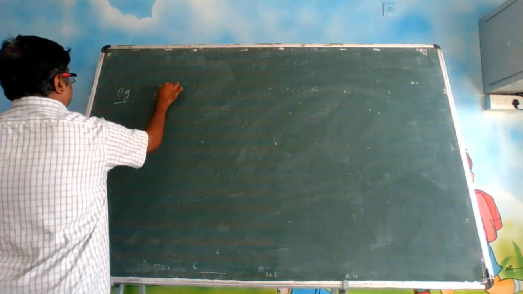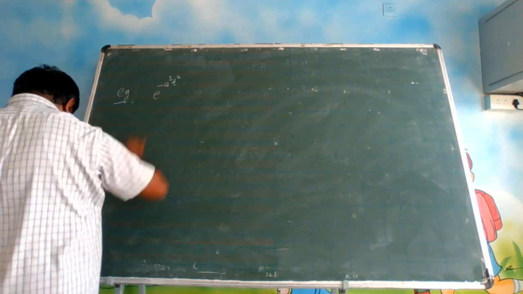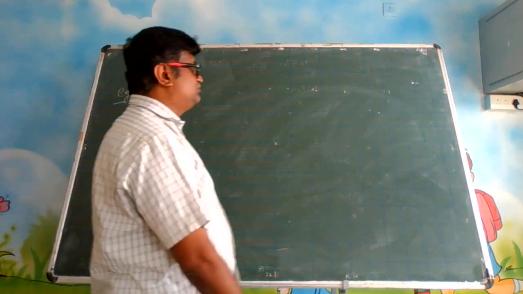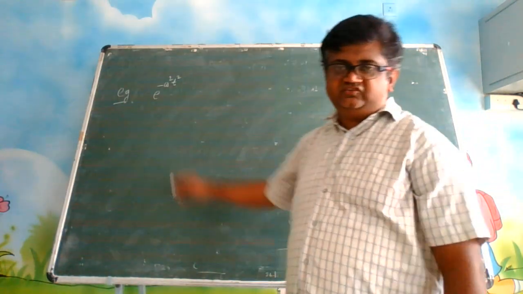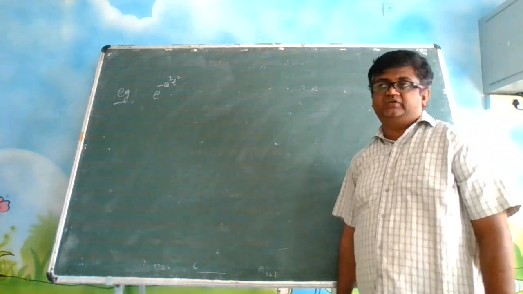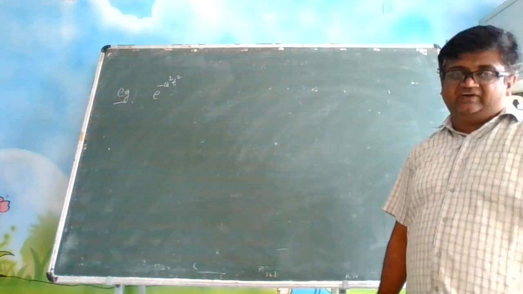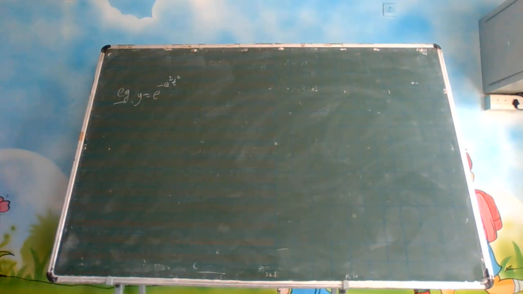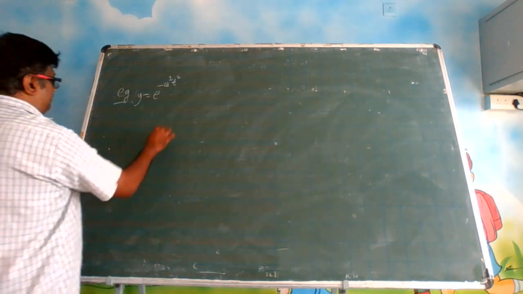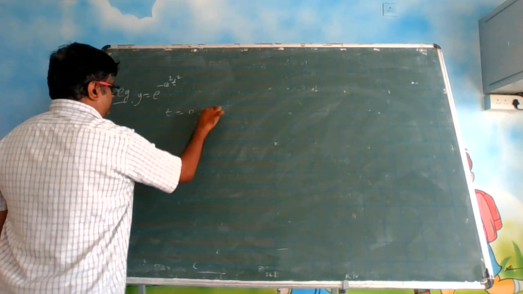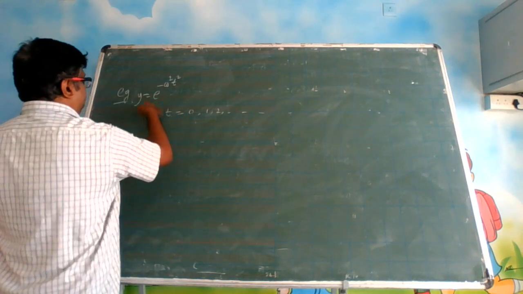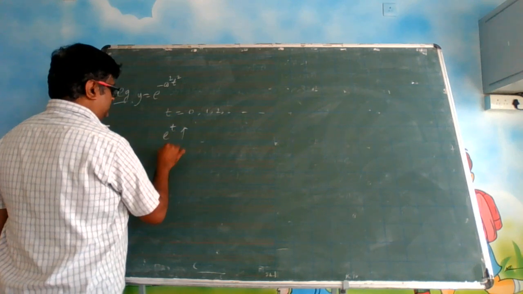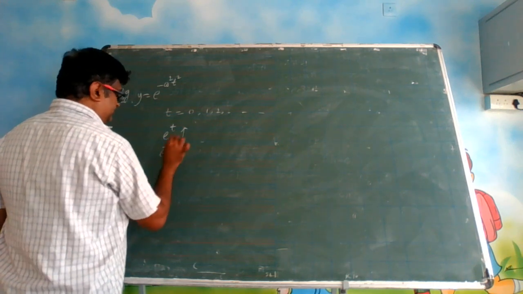Illustration: e power minus omega square t square. Right? So we have to decide whether this is a simple harmonic motion or not. What type of function is this? This function is an exponential function. Exponentially decreasing function it is. If I say that y is equal to e power minus omega square t square, what is happening? If I keep on increasing the t value 0, 1, 2 like that, what is happening? E power t is increasing. Therefore, e power minus t is decreasing.